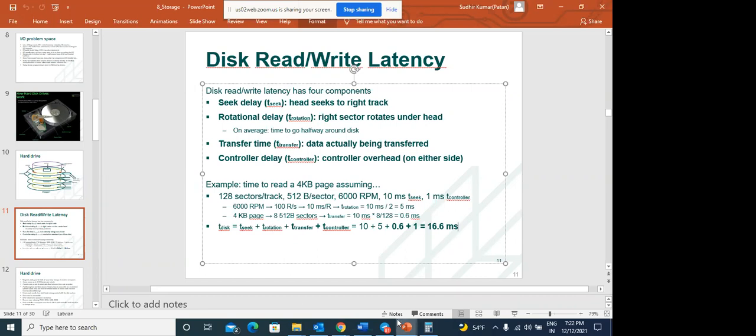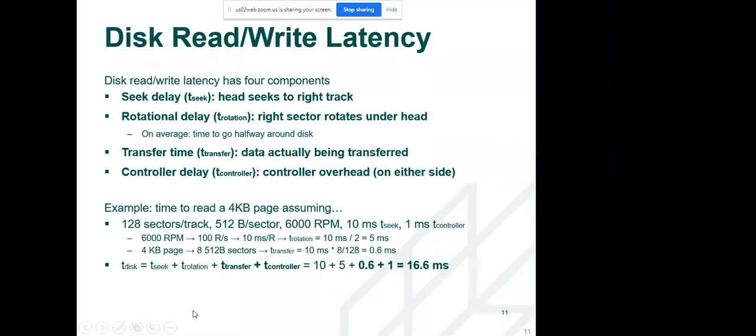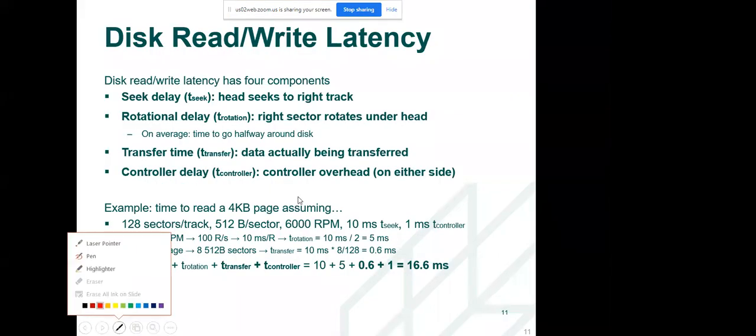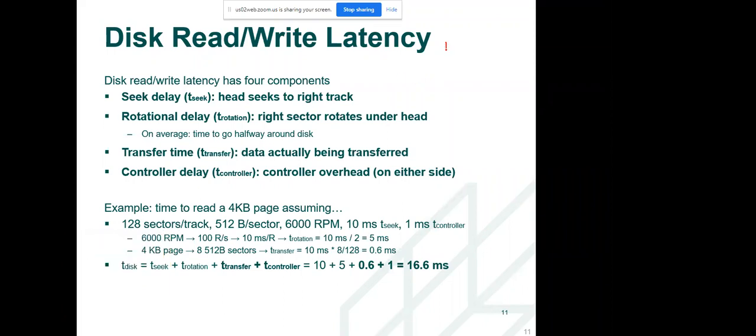See, let me show you. Let's say this one, 4 GB you want to transfer. So when it is 4 GB, how many MBs are there? 1024 into 4.